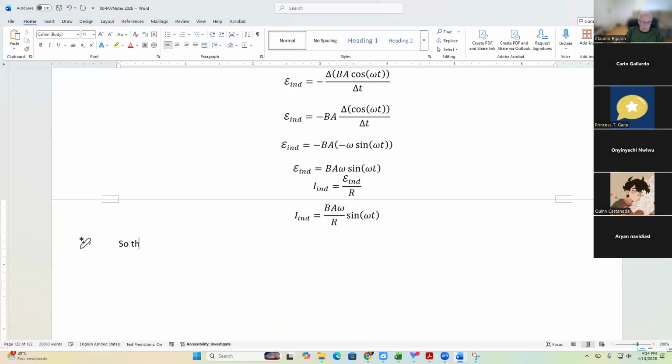So that is how we create an alternate current